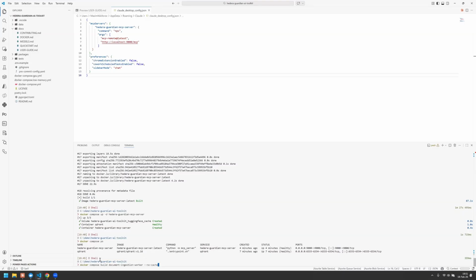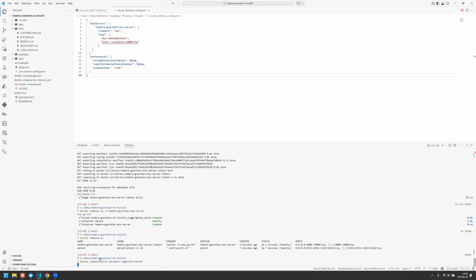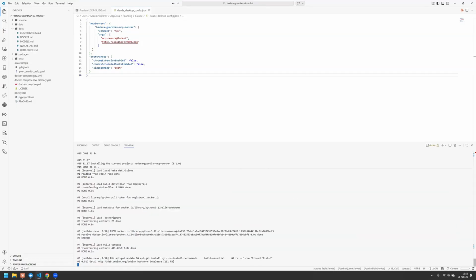Sometimes you have to rebuild. So you always need to rebuild to get the latest changes from the source code and have new images built with those changes. But sometimes, in case of any issues where the latest changes didn't apply or something else, you have to rebuild everything with this no cache option. This will clean up all the cached layers of the images and build images from scratch. We don't need it right now because we don't have anything cached yet. So basically that's the build